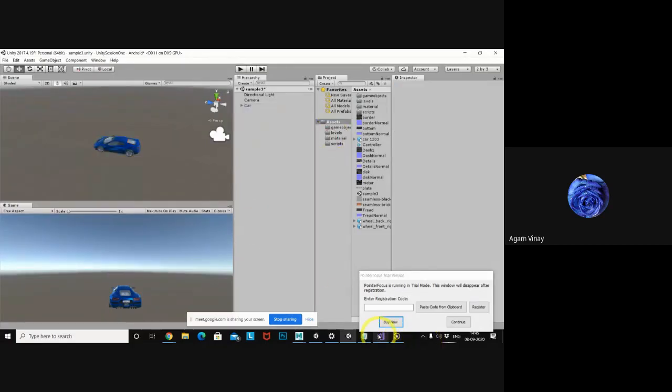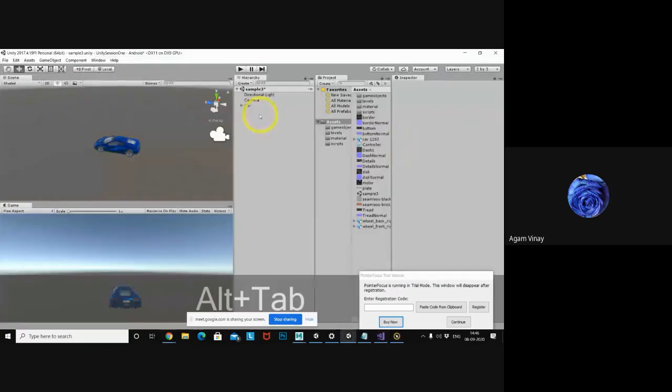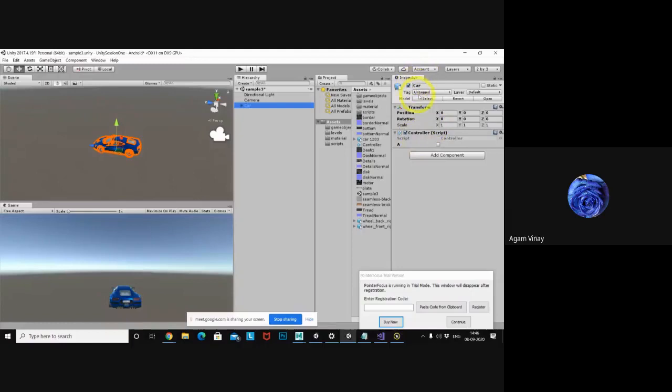So I will write gameObject dot. Everything is a game object, I told you. Game object dot, like plus, the dot also helps concatenate objects, components, classes. So game object dot, what I need to access: the script is added to which game object? The car game object, right?